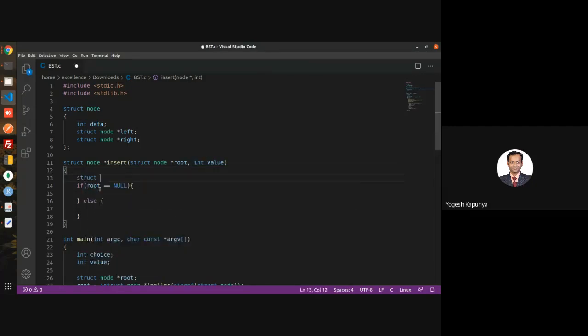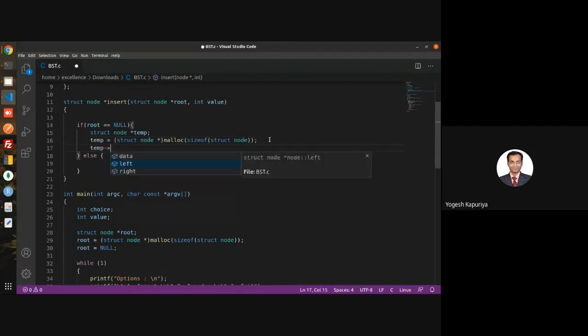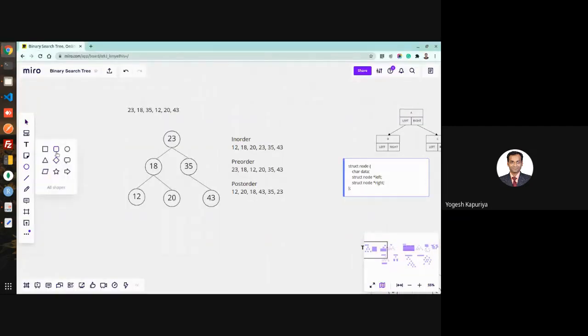So that means you require one variable which obviously has to be allocated first. So what I am doing, I initialize one variable, temp node. Temp is allocated. Temp data is value. What this means, if you want to show it graphically, I can show it like this.